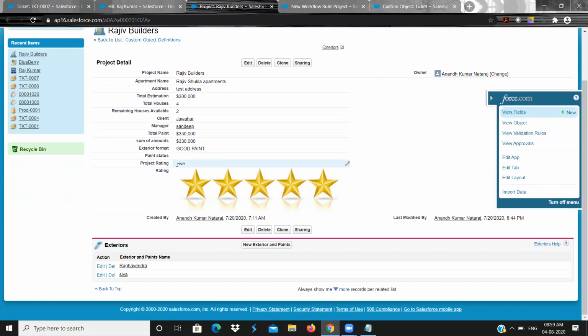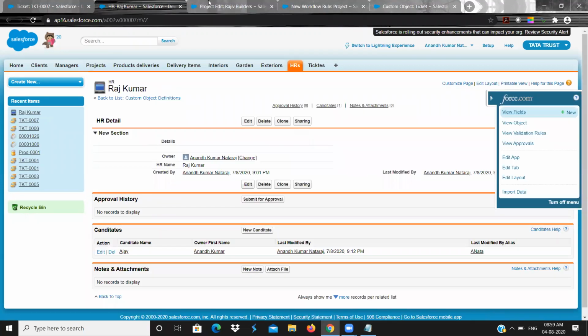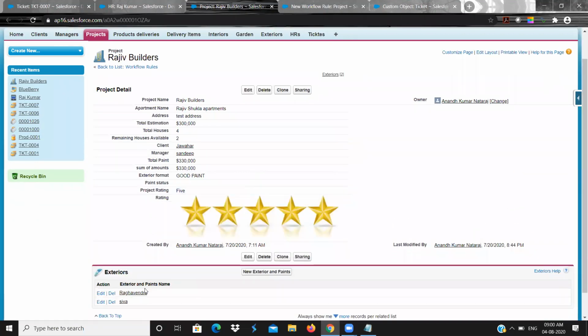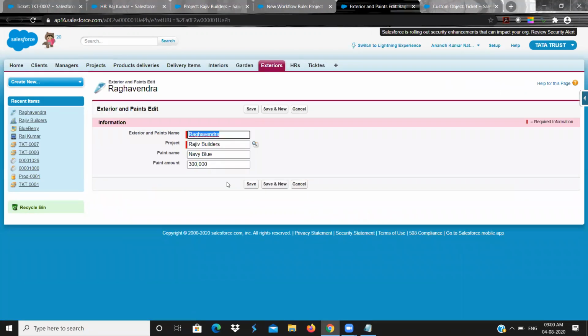Whenever the rating is 5 and exterior, click on exterior record also. So fields are not available properly.